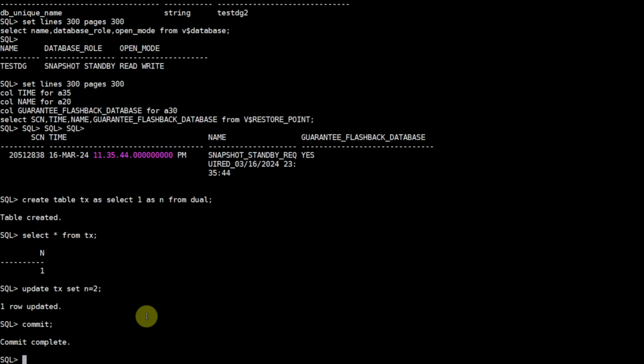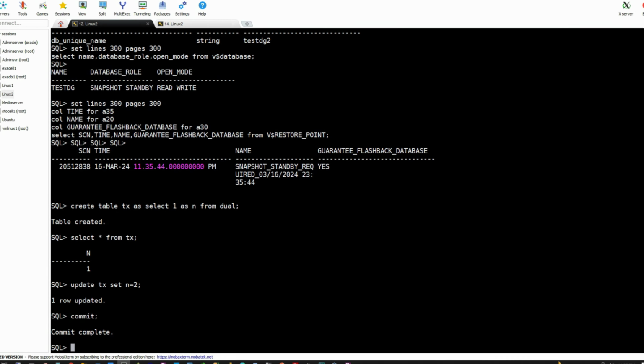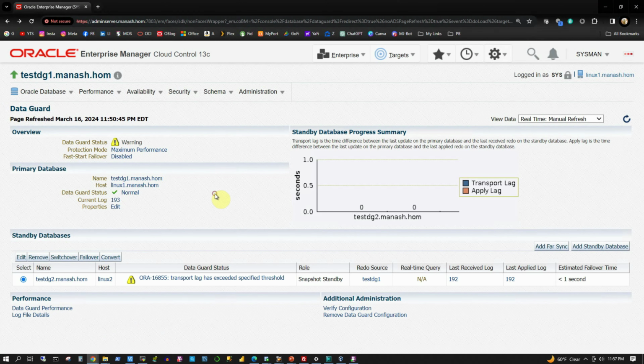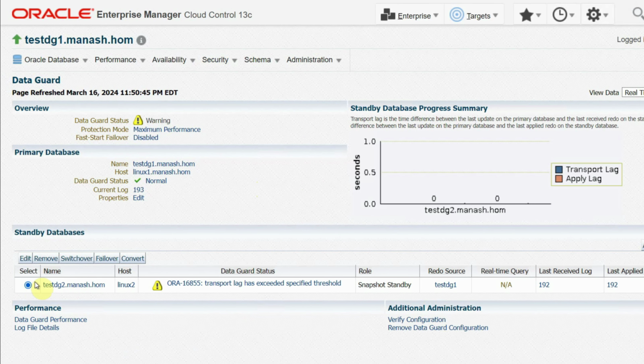Now to convert this snapshot standby back to the physical standby mode, all we need to do in OEM is to go to the DataGuard administration page and there select the standby database, then click on the convert button, which will convert the database back from snapshot standby to physical standby. Now we see these warnings here which say transport lag has exceeded specified threshold, which is expected because currently MRP is off. Now if you click on the convert button,